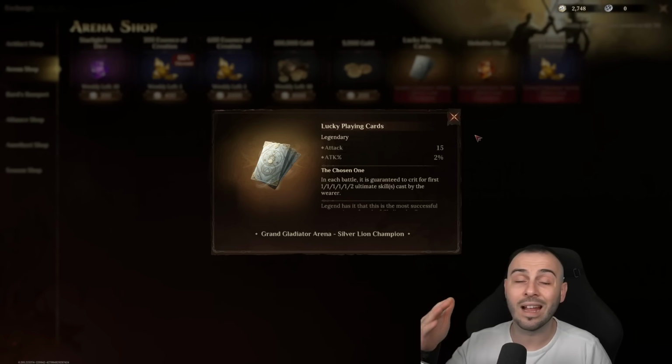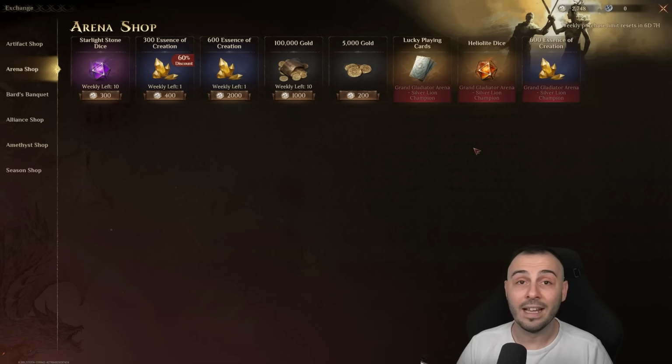It gives you flat attack, attack percentage, and yeah, it's going to be a good one. You're going to want to purchase this 100%. And moving over to tip number 10, the final tip for today's video, guys, and that will involve the